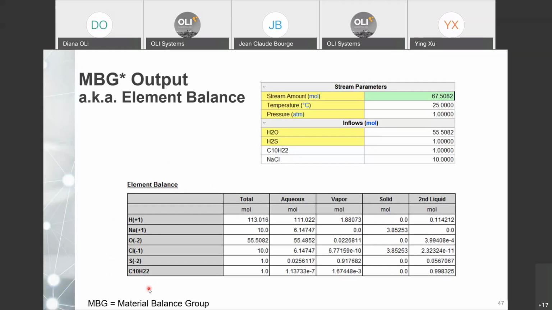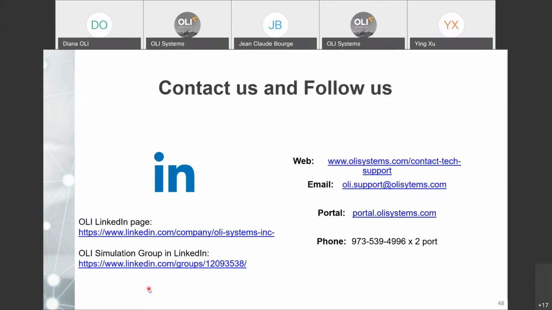So I also hope that this is useful for all of you, so that whenever you go to the report and you see your true species, molecular species, and your materials balance group, you can have a better understanding of how to interpret the results. So if you have any more questions, or not concerns, but your curiosity is saying, how do I calculate this, or where do I find